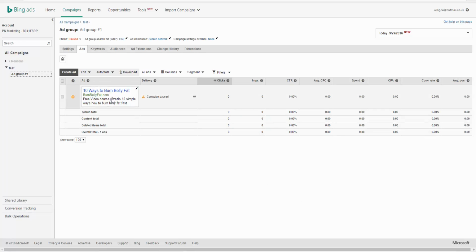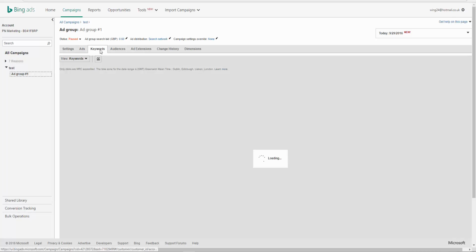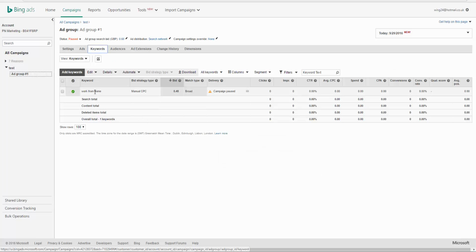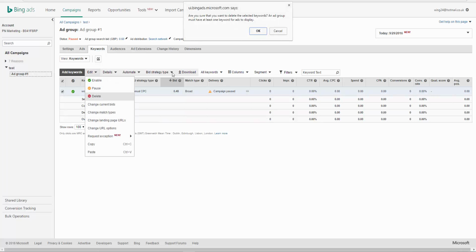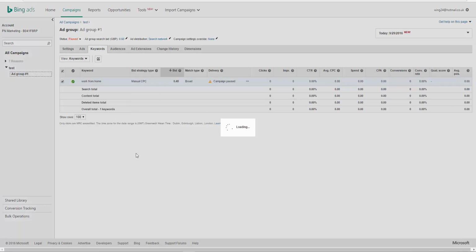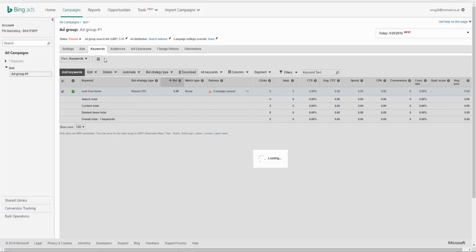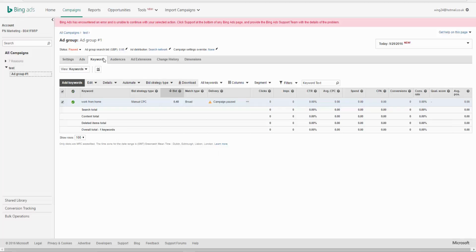So this is the simple part. Creating your ad is, as I said, very, very simple to do. The next section is keywords. So we go to keywords. At the moment we've just got work from home. This is just a keyword that I put in, but we can always change that. So in fact I'm just going to delete that keyword there. You can delete keywords. So if we're in the niche of weight loss, burning belly fat,